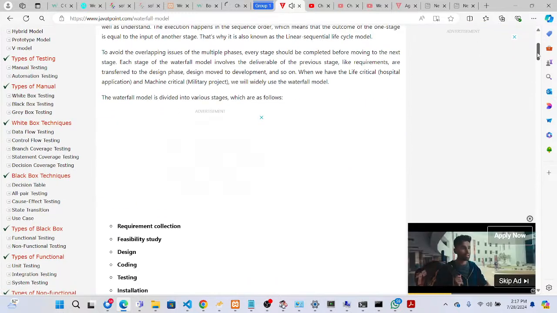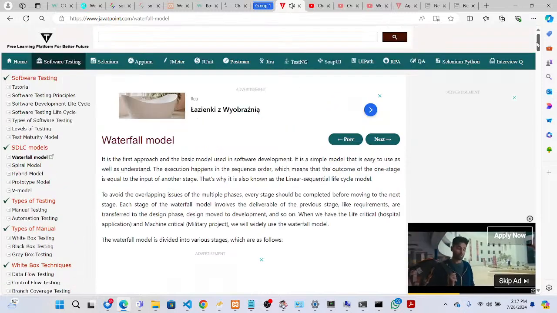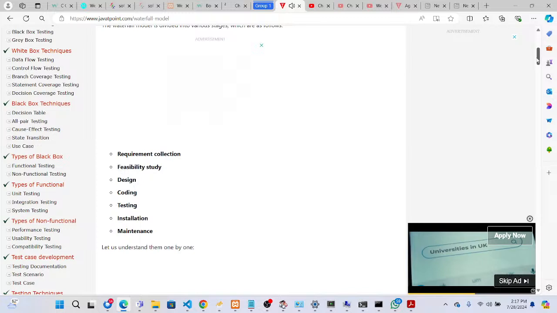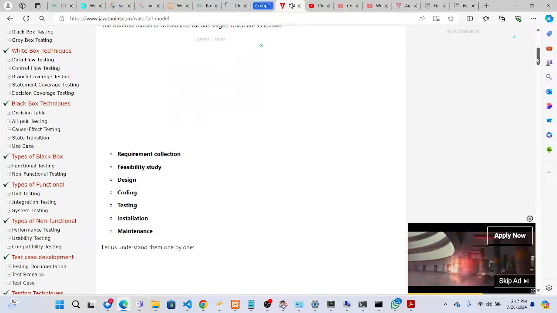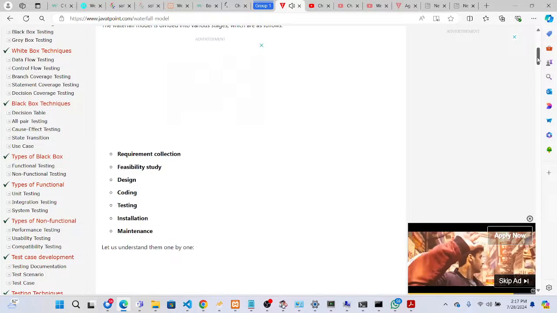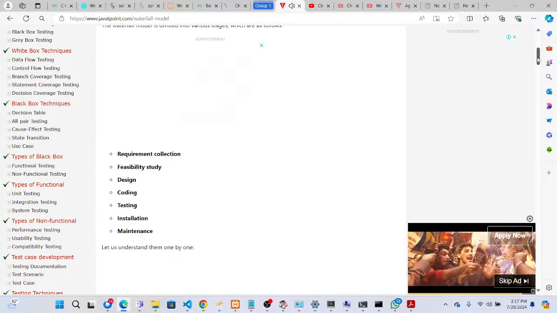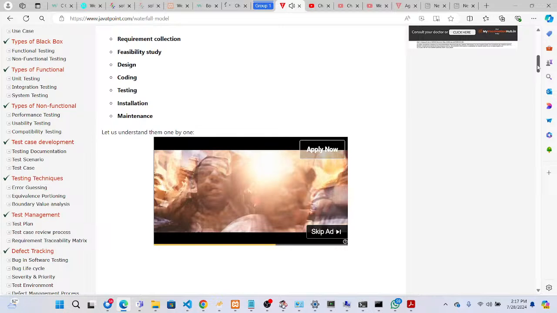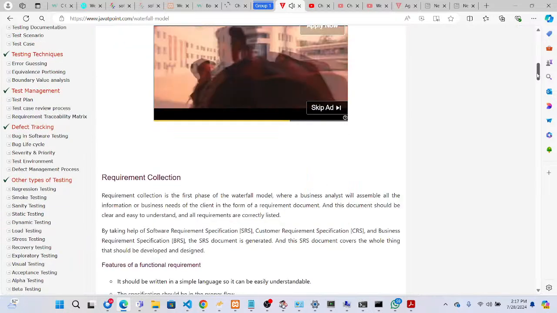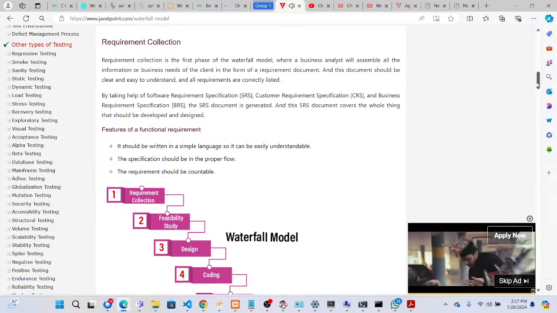So as we discussed, it is the waterfall model, and as in a waterfall, it is a top-down approach. It will start with requirements collection, feasibility study, design, coding, testing, installation, and maintenance. The output of one phase becomes the input to the next phase, and it is sequential, executed in sequential order. So as we discussed,